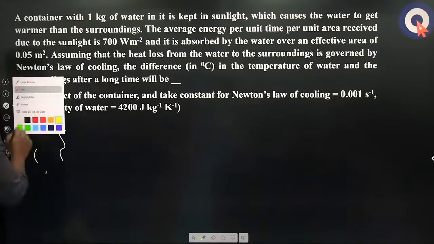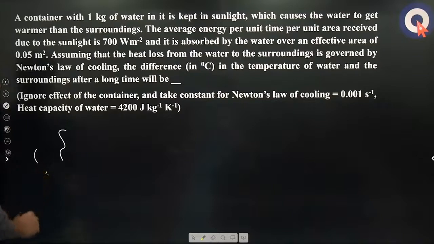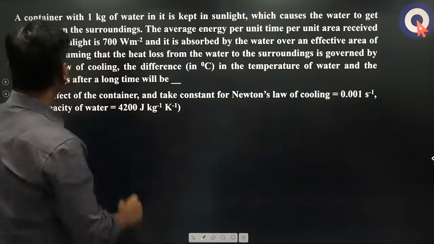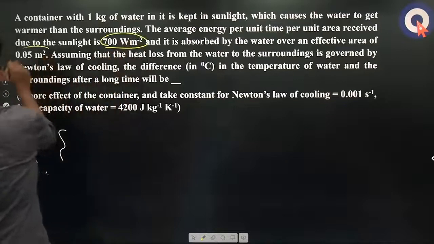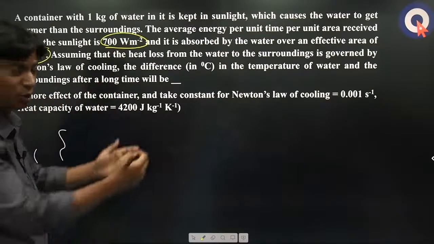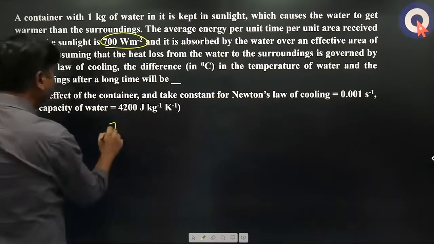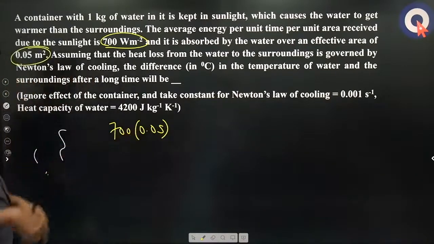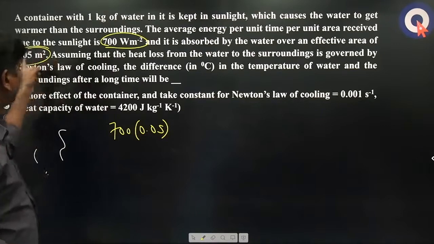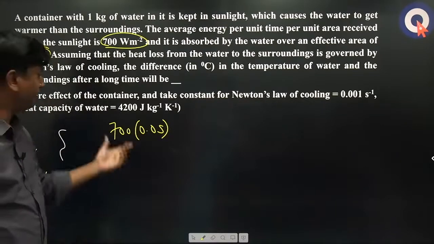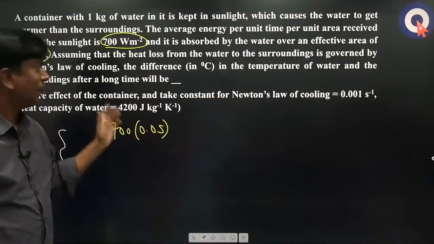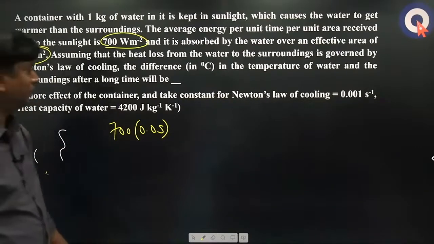So here we go, the same concept that we are applying. At what rate is it absorbing? 700 watt per meter square, and the area of the plate is 0.05. So the total heat it is absorbing is 700 into 0.05, because it is per meter square and the total area of the plate is 0.05. This is the total heat the water is absorbing per second,